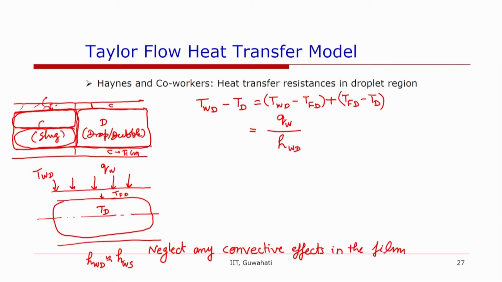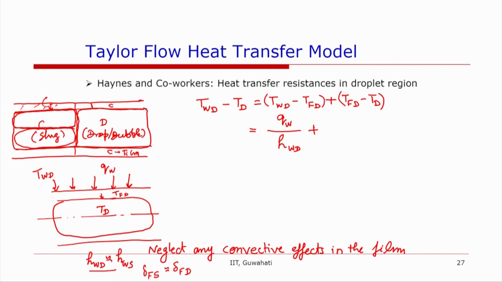So, by doing this approximation, what we are saying is that delta F in the slug region will be equal to the delta F in the droplet region. So, that is QW over HW